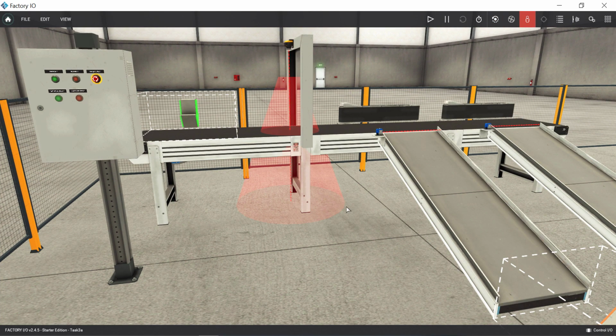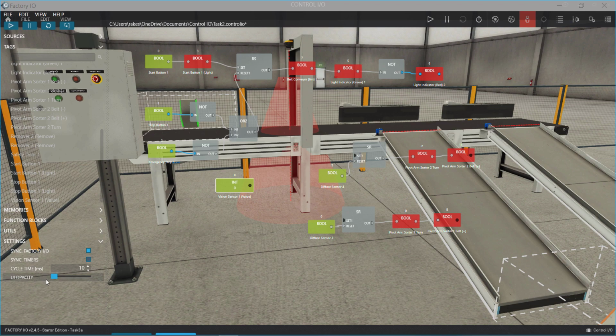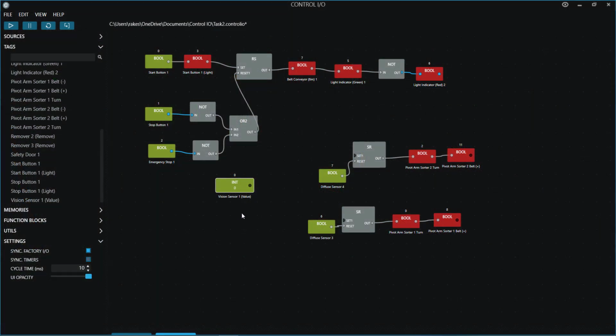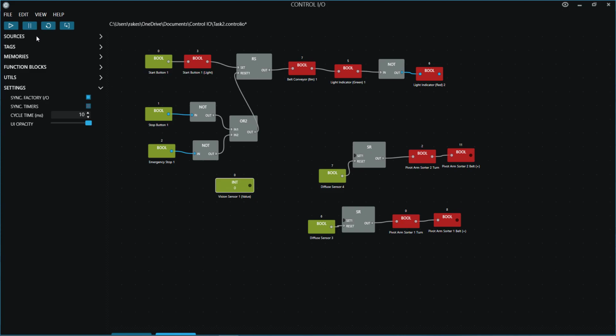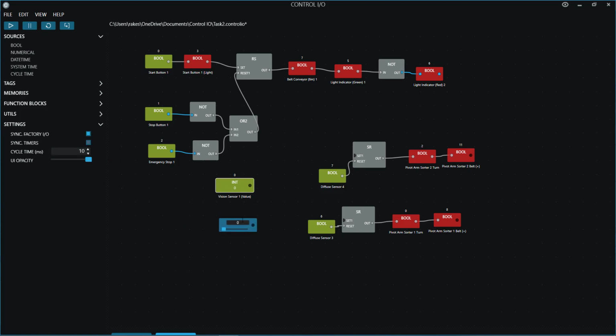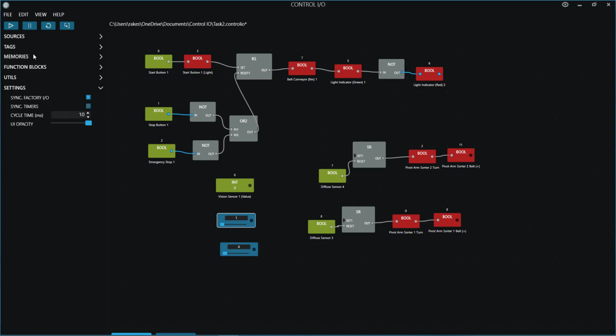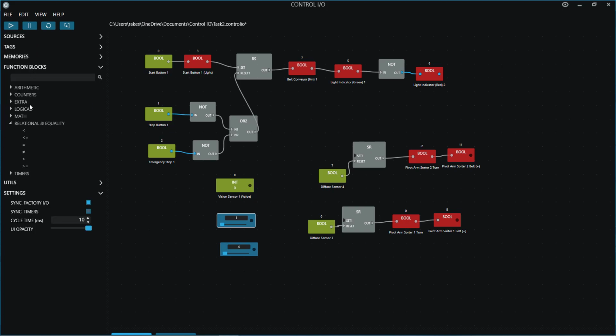Again, we'll increase the opacity. If we have a value of 1, it means it is blue color and it will be sorted by pivot arm 1. So go to sources, go to numerical, set it to 1 here, copy, paste, and set it to 4 here. Then what's the logic? We have very simple logic here. We are going to use a relational block, this one.